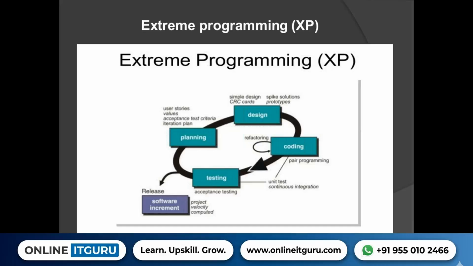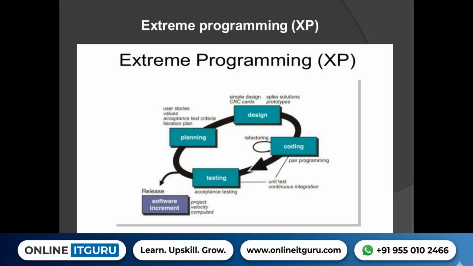Okay, and next parameter is pair programming. Pair programming is nothing but 2 people working at a time. The developer will be developing the code and the tester is going to review that code. That is nothing but pair programming. That means the developer and the tester will be sitting side by side and spontaneously working. The developer will be developing the code, the tester will be testing that code. That is nothing but pair programming.